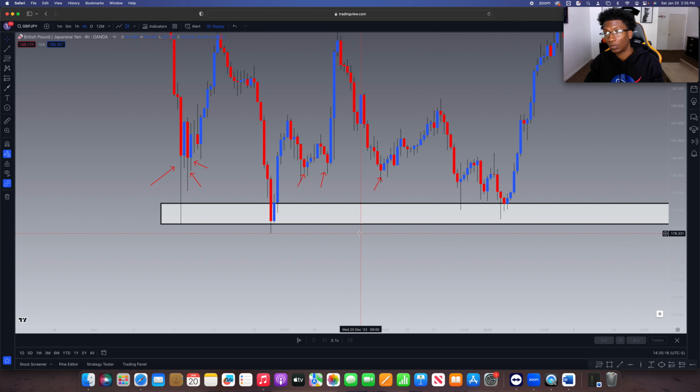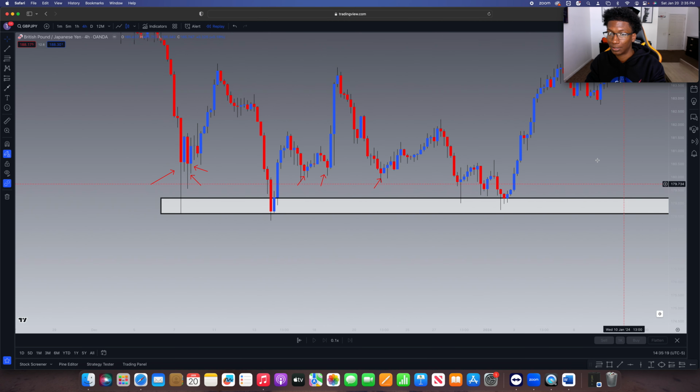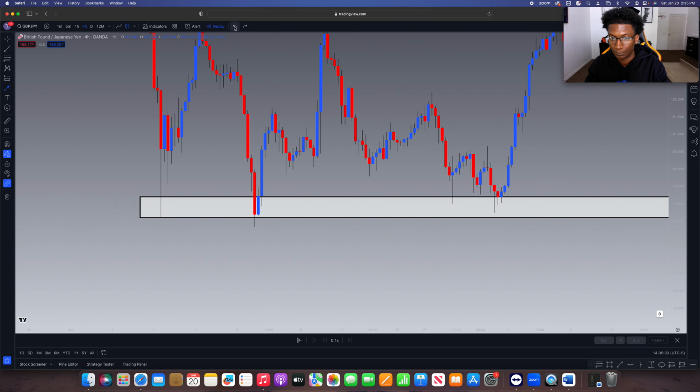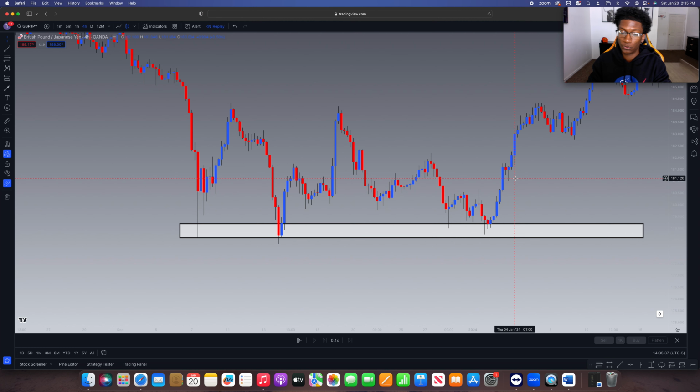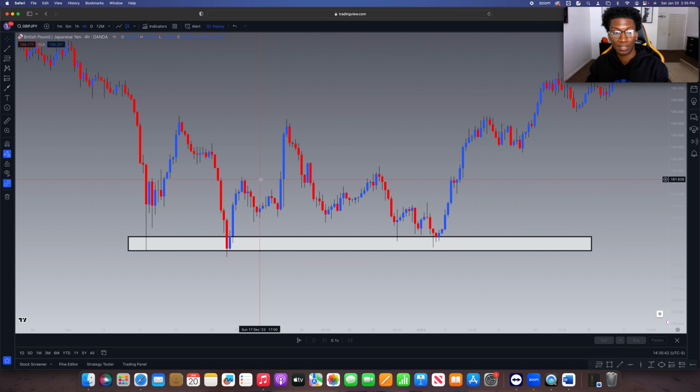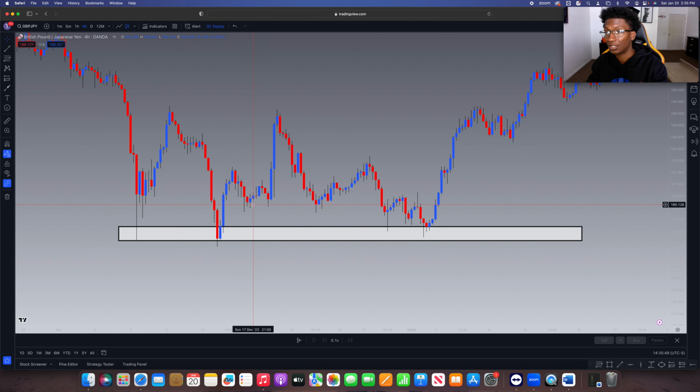And that's why I have this white box here at the bottom. Not only did this wick confirm an exhaustion zone, but the fact that price came within the same exhaustion zone many times confirms that these areas are forms of exhaustion. Like I just said, I want you guys to really understand that exhaustion zones basically reverse price, for the simple reason that the wicks are what create them. And the psychology behind it is that